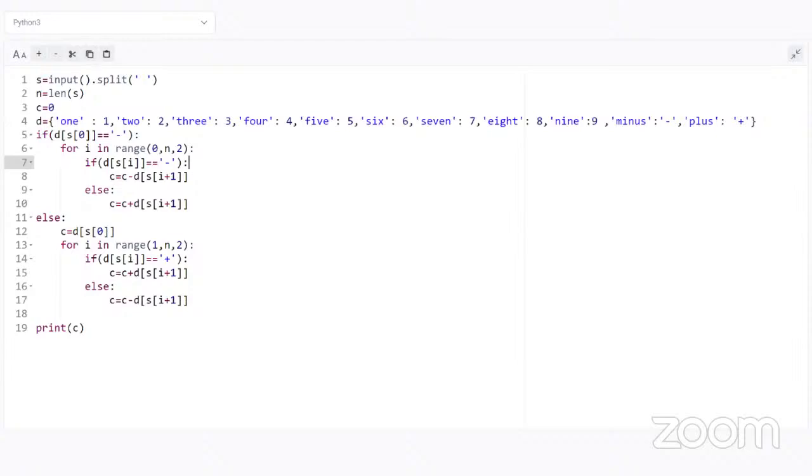So S is the input, split with space. Now N is the length of S, right? And she has initialized one variable, c, equal to 0. Now she has created a dictionary with the digits 1 to 9, and minus and plus also. So if d of S of 0 is the key equal to minus, then what will happen: for i in range 0 to n,